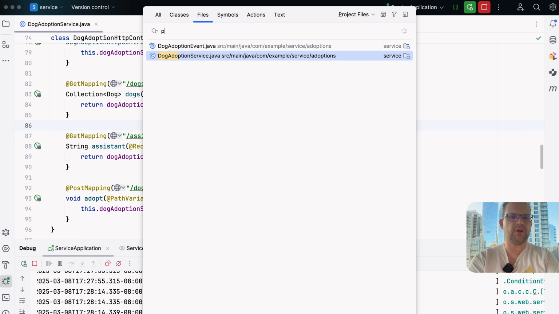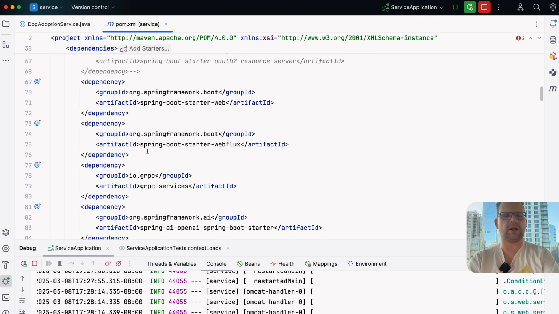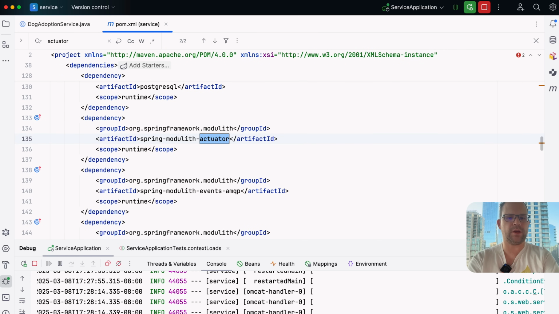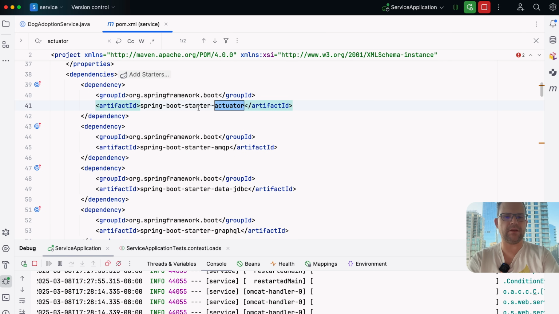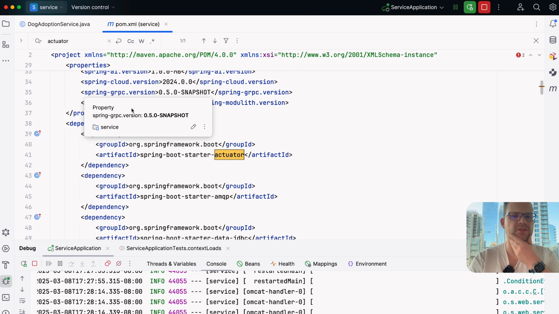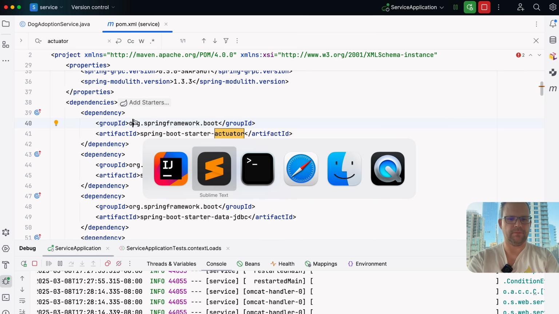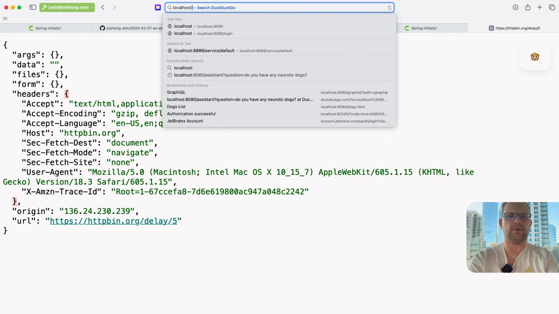Well, observability is the key to good scalable system architecture, right? And we have observability because we have the Spring Boot actuator on the classpath here, right? So I have the actuator there, and the actuator gives us a set of managed HTTP endpoints that we can use to enumerate the state of the system. So let's now take a look at what this means for us. Let's go ahead and inspect the observability that we get for free with the actuator. You can do that by going to